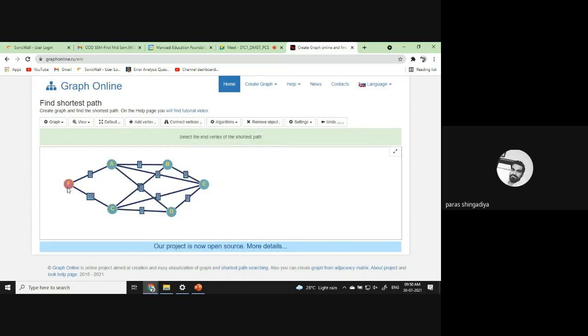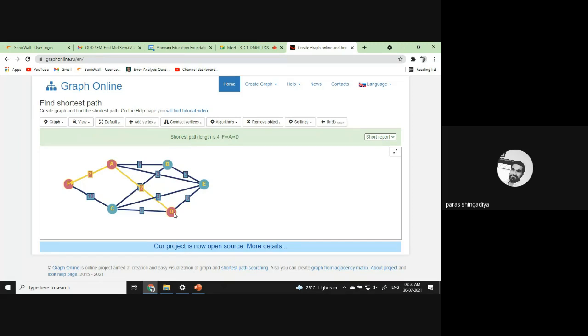Starting vertex is F, that is my starting place, and let's consider D is my ending place. After you calculate that, there are multiple paths that you can observe. Which path is that? F to C, and then you can reach D. Second is F to A, B, E, and then you can reach D. Then F to A, and directly the edge is there between A to D. Clear? So we'll calculate the total of all of them.